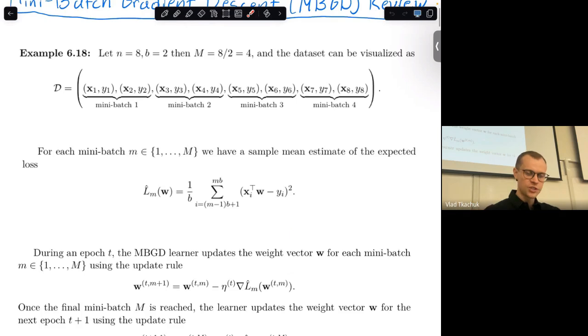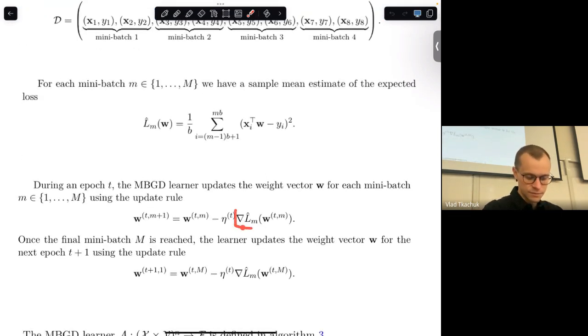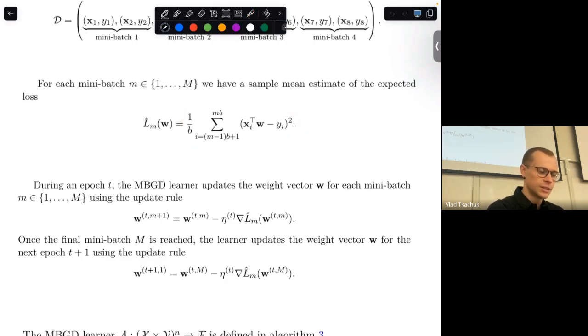And what does this change imply? It implies that the gradient is now with respect to this L hat of m instead of just the original L hat. But the thing looks exactly the same. I mean, we can write the gradient. The gradient, if you recall, was just 2 over B, the derivative coming from here,